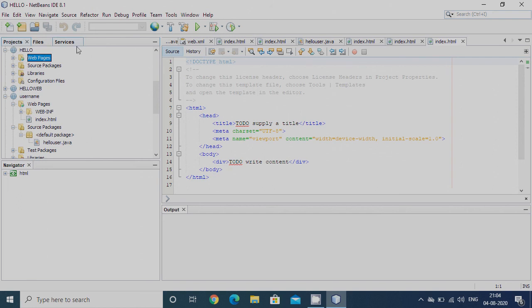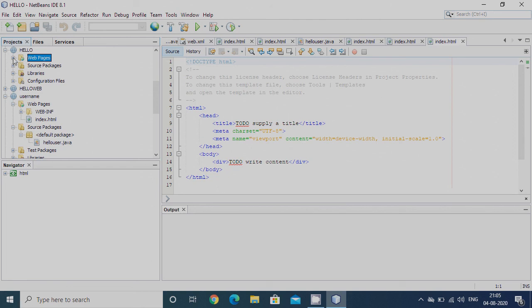And this portion is called the Project Explorer, or project window, and this is called the navigator window, this is called the code editor window, and this is the debugger window, output window. So in this place we will be writing our code.